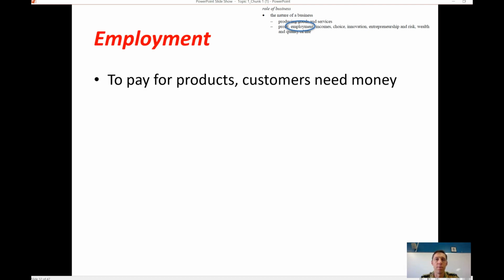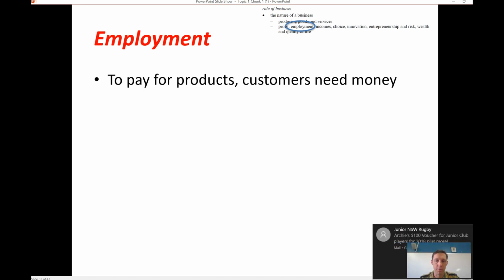Now, clearly employment plays a critical role in any economy, and as you're going to see, the small and medium enterprise part of our economy plays a really critical role because of the number of people that it employs, and also the importance of having relatively low unemployment, so that those people who are employed can be purchasing products and consuming services that the SME sector is providing, to then fuel those businesses and allow them to employ even more people or to invest in technology to further enhance the ability of that business to be profitable.